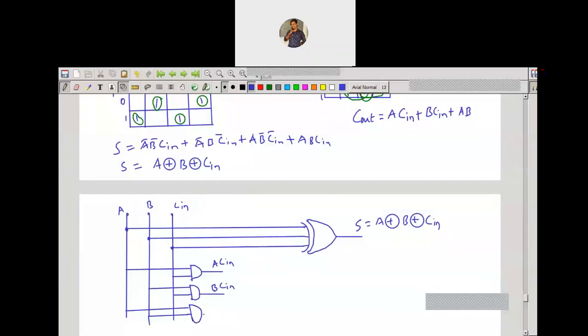So these are the AND gates. Please feel like these are AND gates, though they may not look like AND gates properly. And we need one three-input OR gate.